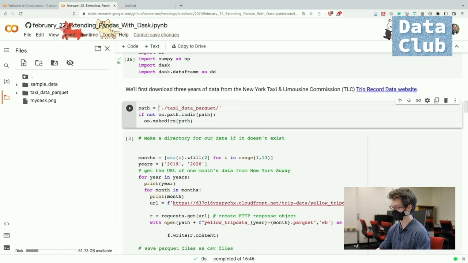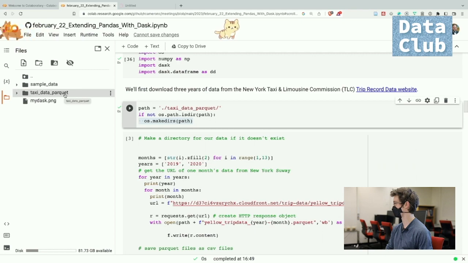So path, we don't need that F. Path equals blank is just saying this is within this directory, we're going to make a folder called taxi underscore data underscore parquet. And then we're saying if there is not a directory called taxi data parquet, then make that directory. So run that cell, and you should see taxi underscore data underscore parquet pop up